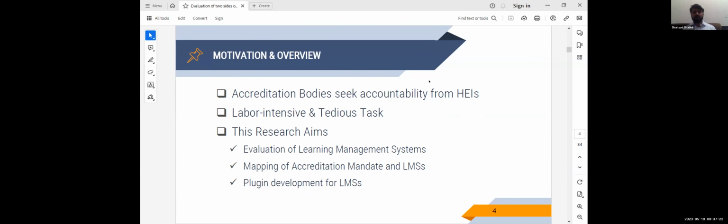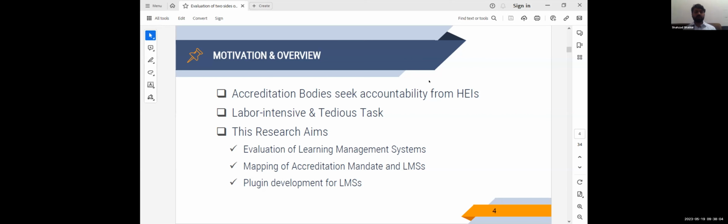By the end of a year, the accreditation team comes to the university and checks these folders randomly, and then they map the assessments with the objectives that have been given, to see whether these objectives are achieved or not. If the objectives are not achieved, they give some improvement suggestions. But physically maintaining these records is a laborious, tedious task. So the aim of this research is to automate this process, from physical to software.